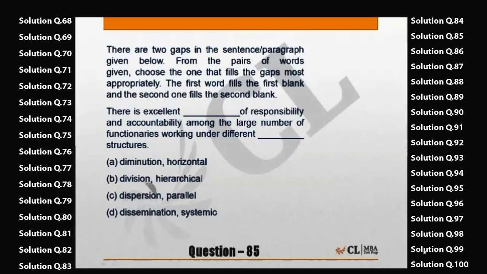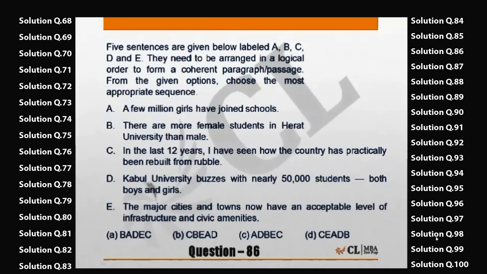There is excellent division of responsibility and accountability. That responsibility is divided among a large number of functionaries or people working under different hierarchical structures. The division of responsibility would mean a hierarchical structure, would mean a hierarchy, and this is what is the answer. Option B gives us the correct answer to this question, which brings us to question number 86, which was a